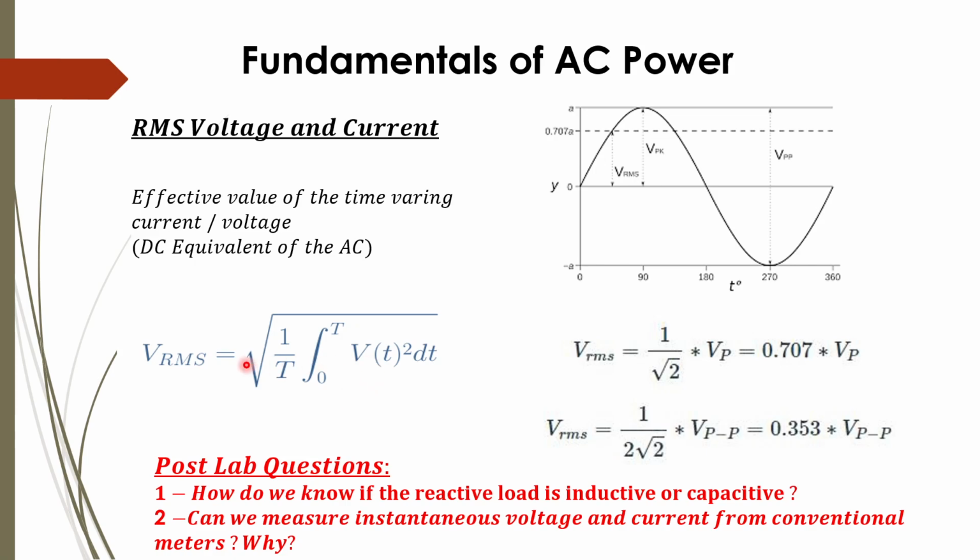So what we are about to do is, first we take the square of the voltage wave, then we take the mean, and then we take the root. So it's in the form of average, 1 upon T. Its mean is represented in the form of an average of signals, and you might have derived that in your coursework. When you put a time varying AC voltage source here and you square it, integrate it, divide by the sample time, and take the square root of that, you get a simple magnitude of a